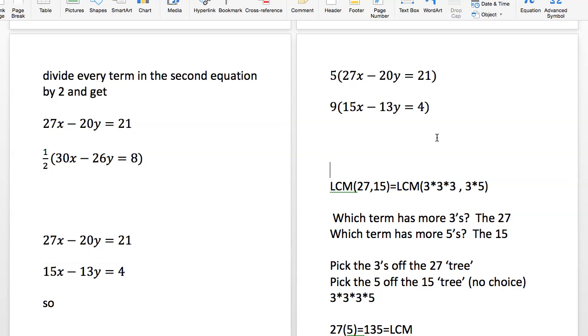You can get 27 and say, look, 27, 54, 81. The next guy in line is going to be 108, and then 108 and 27 is 135. And sure enough, 15 times 9, 15 times 10 is 150. And if you subtract 15, that's 135, and that would have to be the 9th multiple. But that's another way of doing it. Anyway,